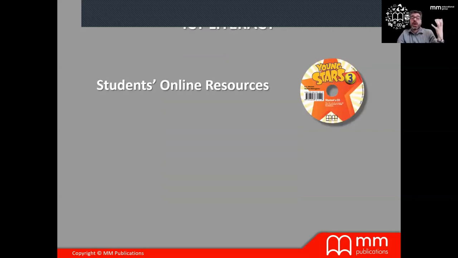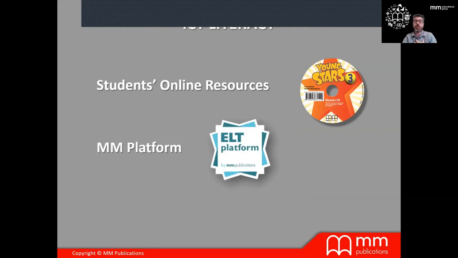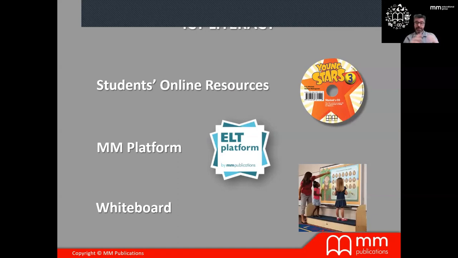In other words, knowing how to use a computer, how to navigate the internet, but also knowing how to use different resources. And as a company, what we do is we have produced lots of online resources. All of our books come with online resources where students can also go on our platform and practice different kinds of activities: reading, writing, grammar, etc. All of them online. And of course, we also include interactive whiteboard material because it makes the lessons much more